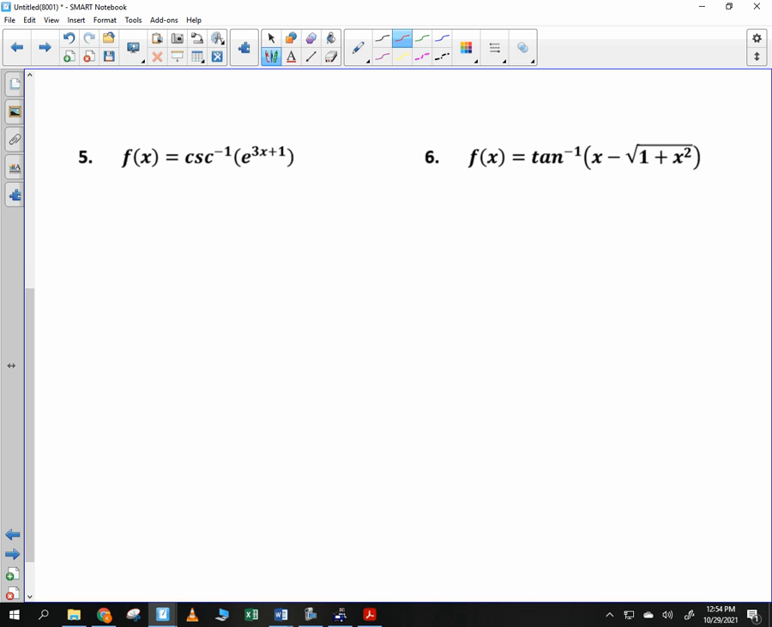All right, 2 more. You guys are doing great. This one's kind of a fun one. All right, what rule? Chain, good. Cosecant inverse of u and e to the 3x plus 1. Thank you, good job. What's the derivative of cosecant inverse? Negative 1 over x times